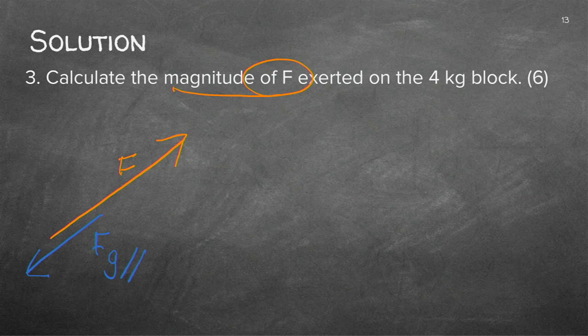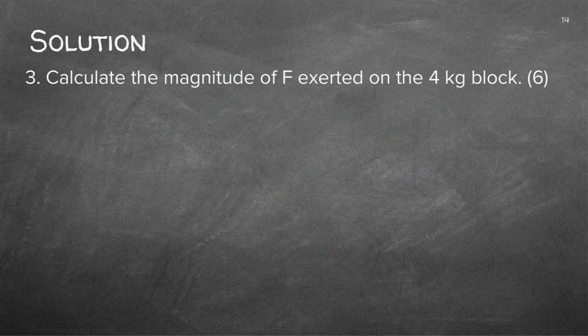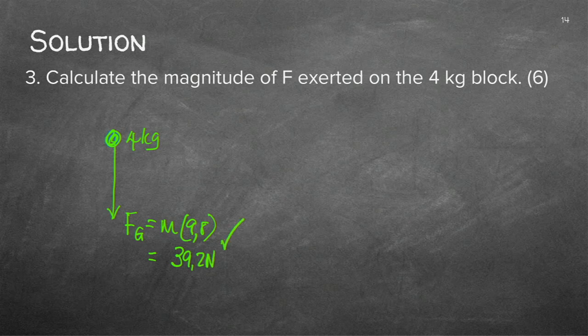Now I'm going to go back and ask you to calculate this Fg parallel. Do you remember? We've got it there. Now let's quickly do it. We've got the mass. Let me get a clearer color. I've got the mass there, which is 4 kilogram. And if I carry that over to Newton's law, I've got that. And we already calculated that as 39.2 newtons. So there you would have got a mark already.